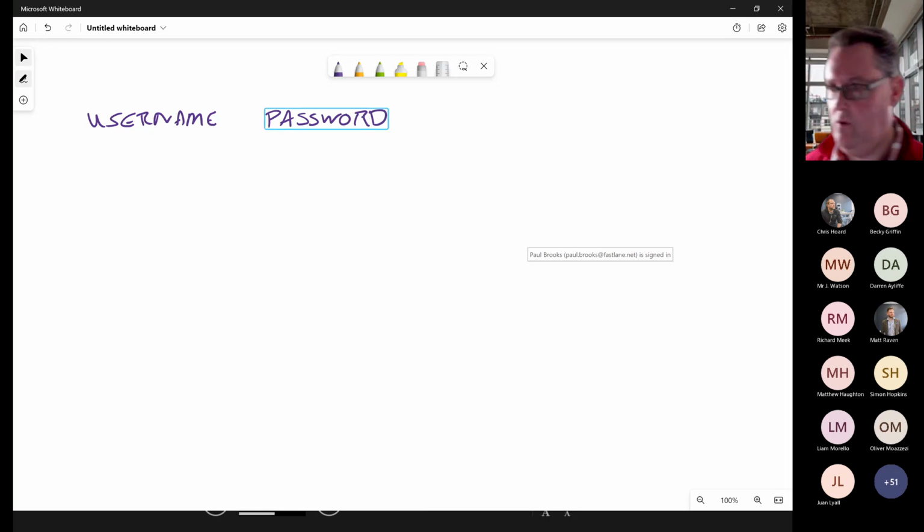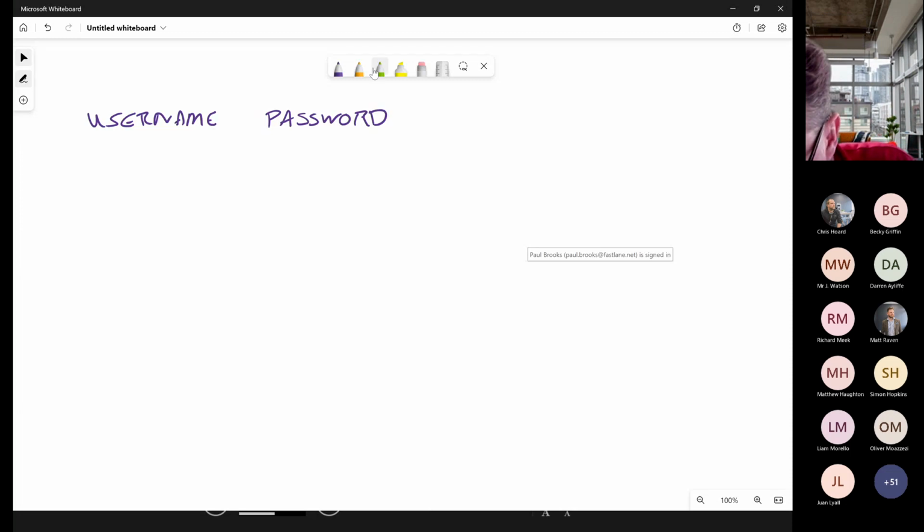That was the standard way that people would authenticate into an environment and sign in. These days, people will give up those usernames and passwords very easily, so we want to try and protect our environment against that. And the way we do that these days is we use what we call